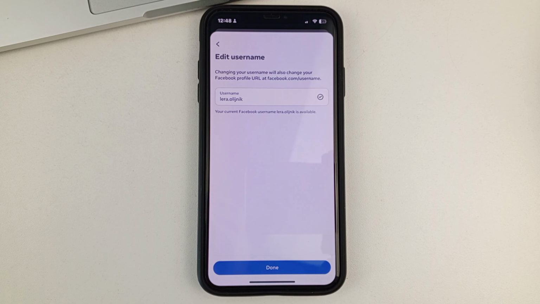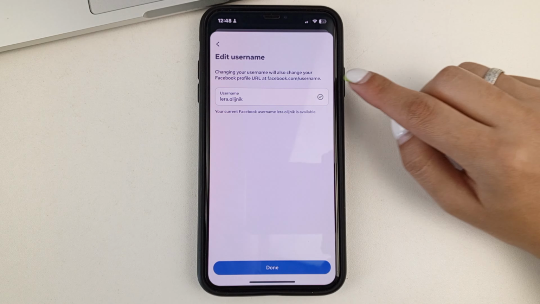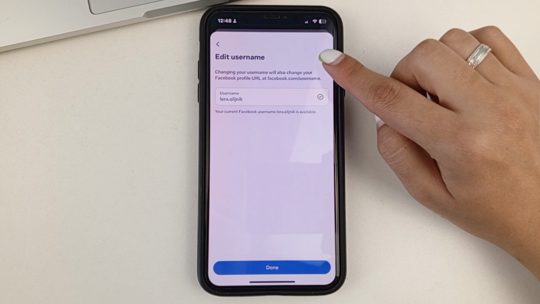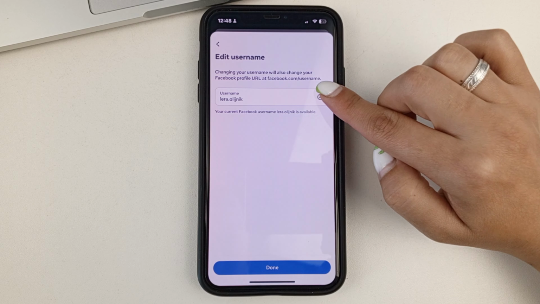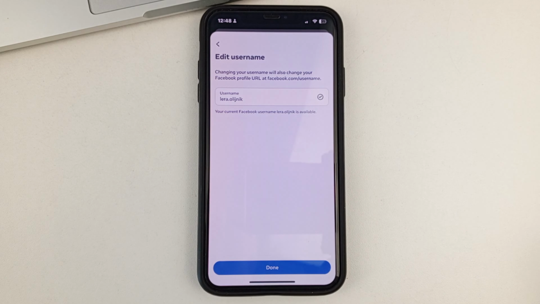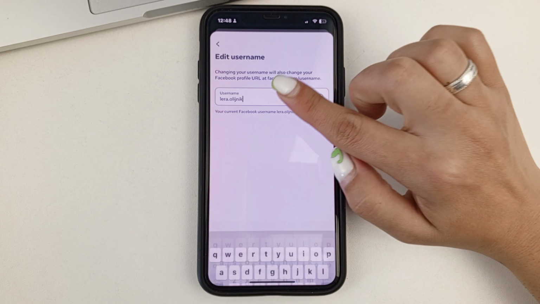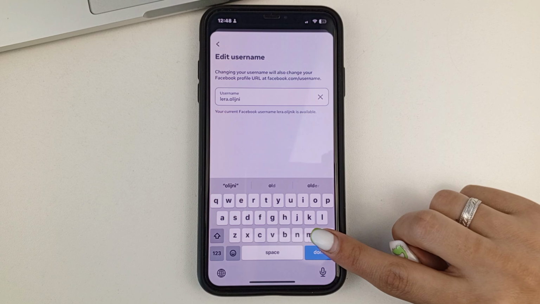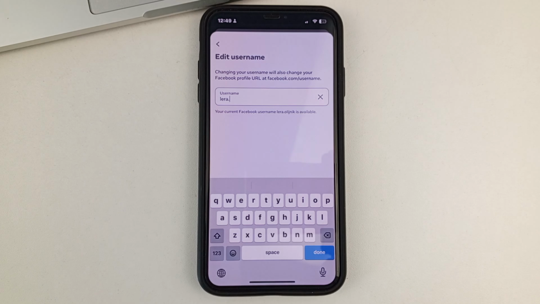And as you can see, at the top you're warned that your link, your URL, always consists of facebook.com/ and then your username, which you can change. And when you change it, your link to your Facebook profile changes accordingly. In order to change it, just click on it so you have a keyboard at the bottom.